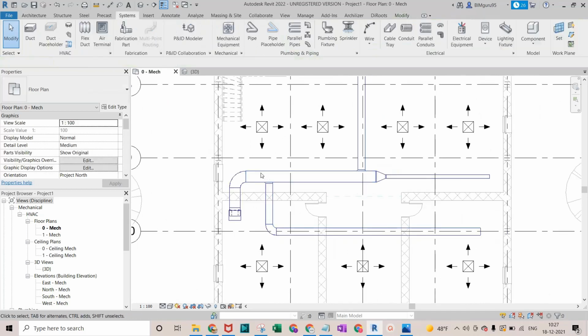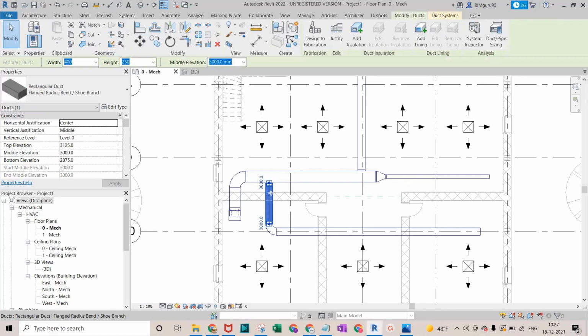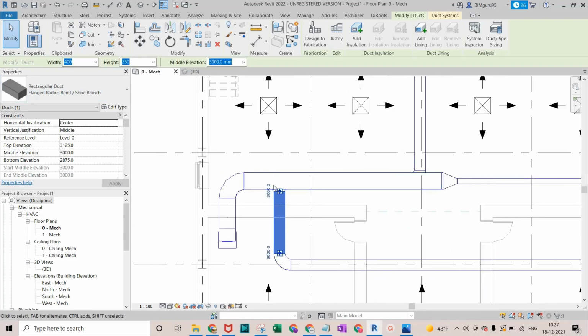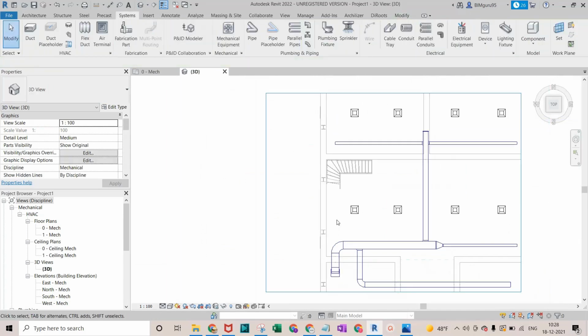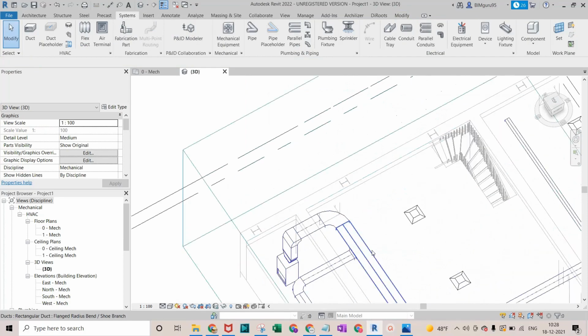Yeah, one more thing you need to take care of: if you are branching out any duct from the main duct, the branch duct size should be less than the main duct height, minimum 50 mm lesser. Like if it is 300 mm height, it should be minimum 250. Why? Because there should be some space so that it can connect practically. If I show you right there,